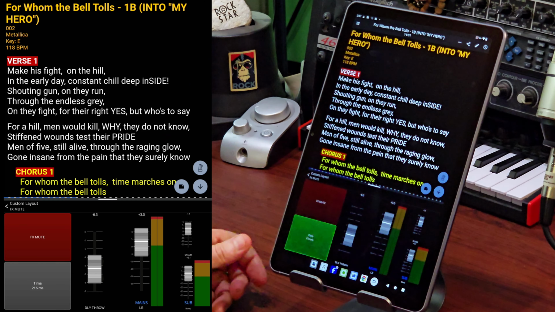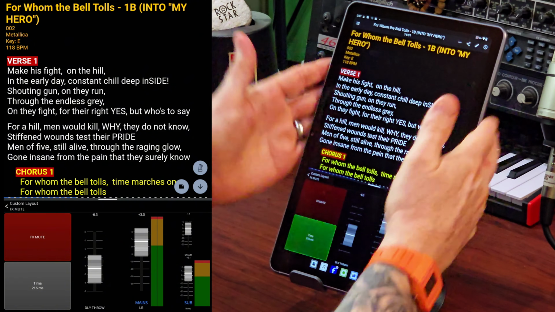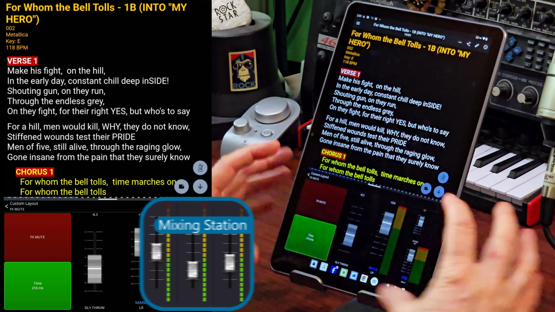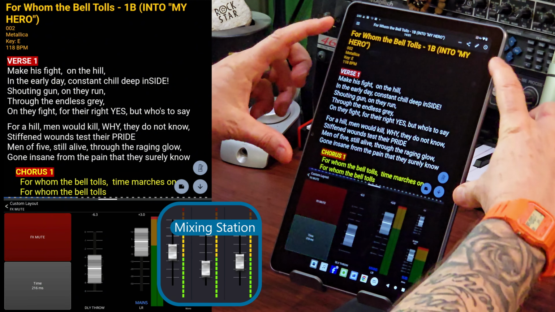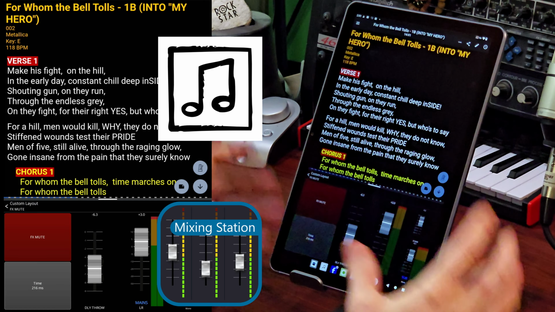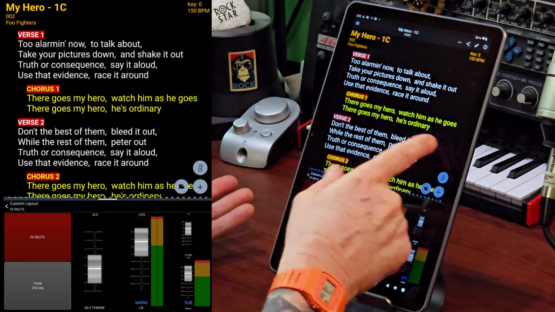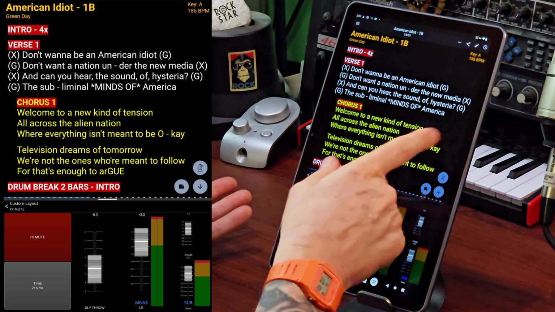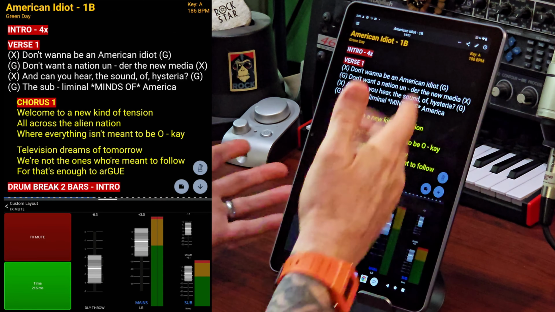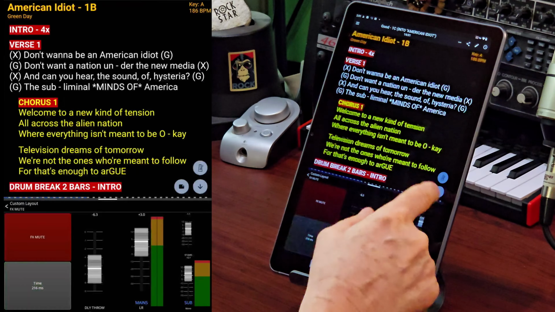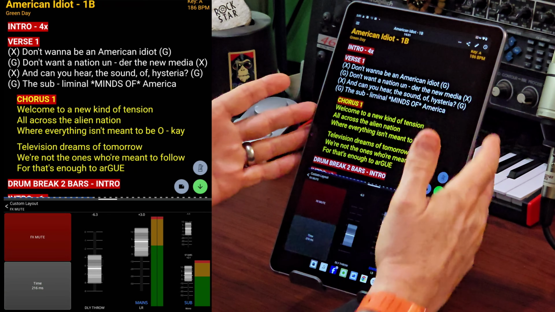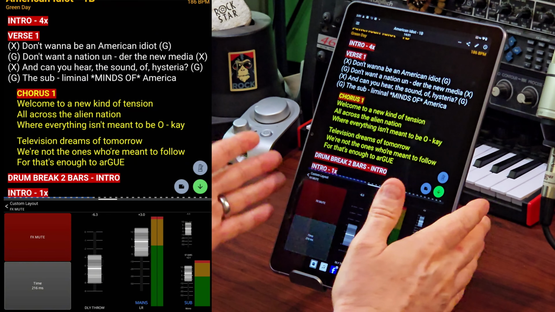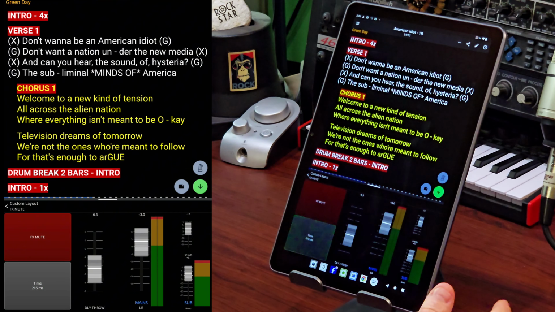So very, very simple. What we're looking at right here is a view that I have created in Mixing Station on the bottom, and then I've got Songbook Pro on the top. Songbook Pro has all the normal functionality you would expect. When I'm going from song to song, I can swipe through, swipe around, I can scroll. Normal functionality up here, and down here I've got the board controls that I feel like I need on a